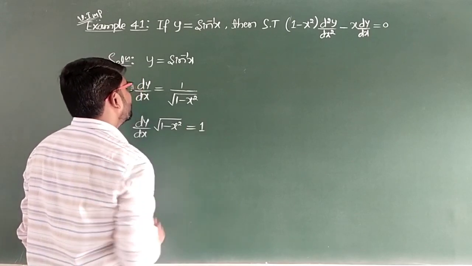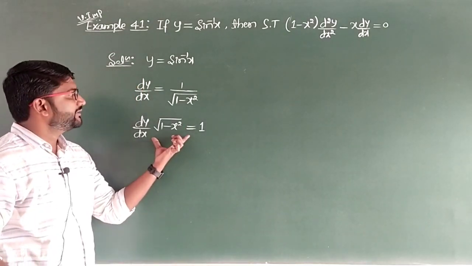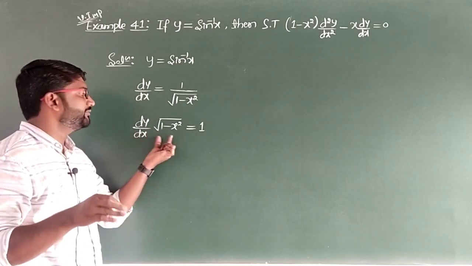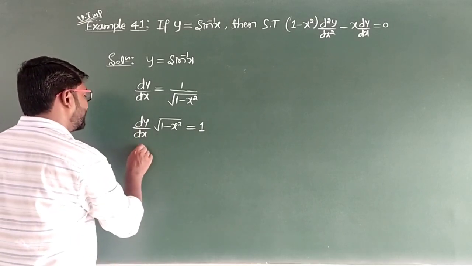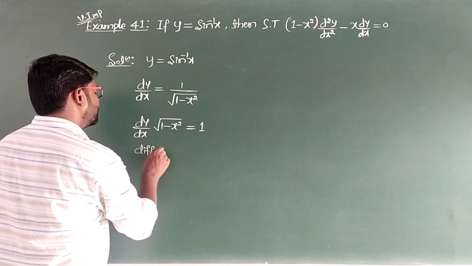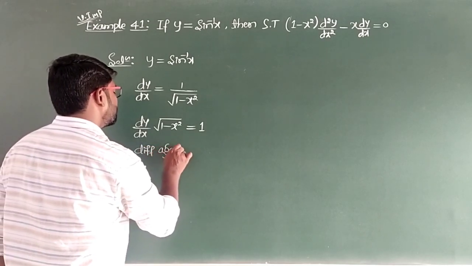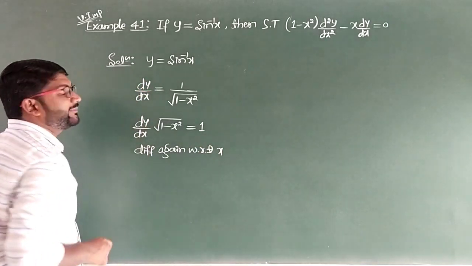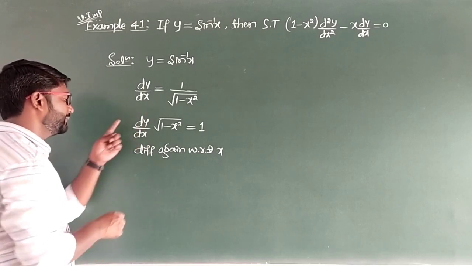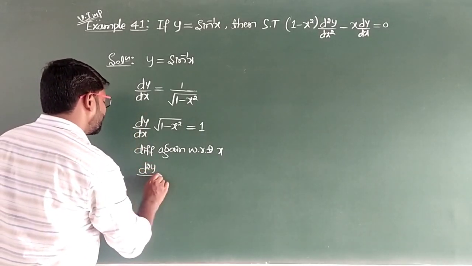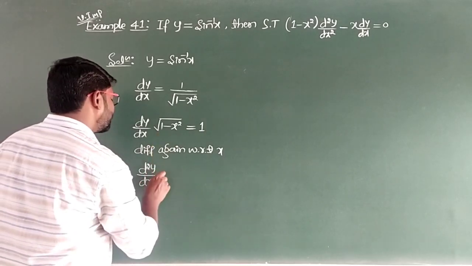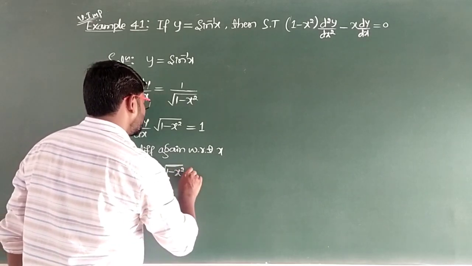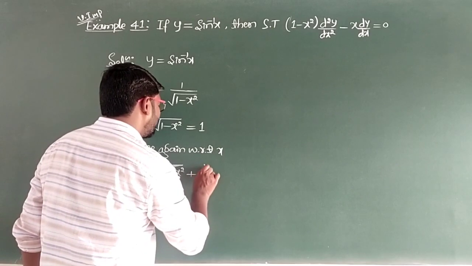is equal to 1. So now we will have to differentiate both the sides with respect to x. This is going to be u and this is going to be v. We have to make use of the uv whole dash rule here. So differentiate again with respect to x. So here derivative of dy by dx, d by dx of dy by dx will be d square y by dx square. Then write the second function as it is, 1 minus x square. Then now plus, write the first function as it is, dy by dx.